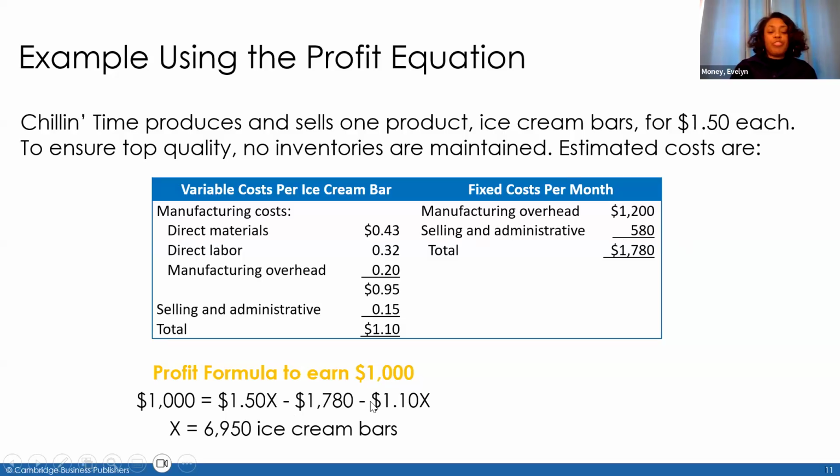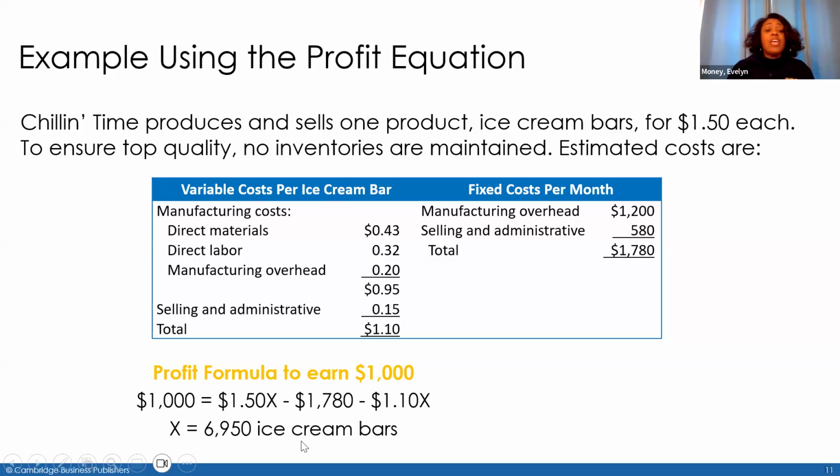Then we are going to subtract our variable costs per unit, again, multiplied by X, because our variable costs in total are determined by our level of activity. So we're going to take all of our variable costs per unit, add them together, and then multiply it by X, the same amount that we would multiply the sales price per unit by. At this point, we're going to solve for X. So we'll combine our like terms. We'll isolate the X on one side, and when we finish solving for X, we get this